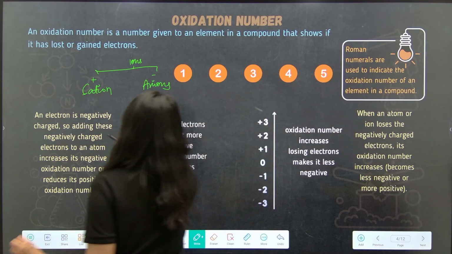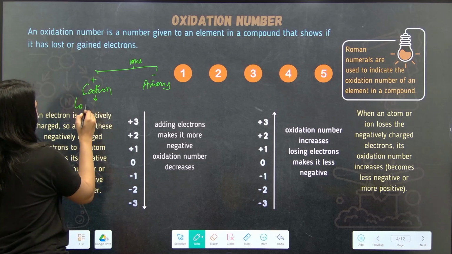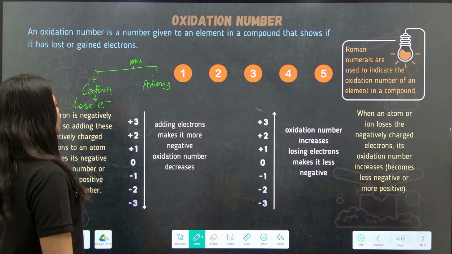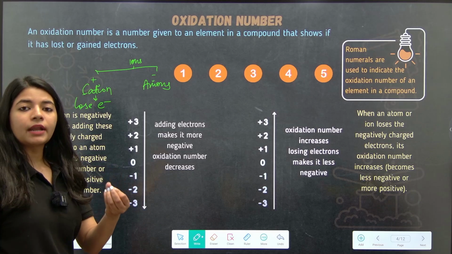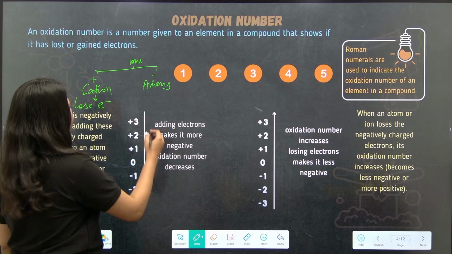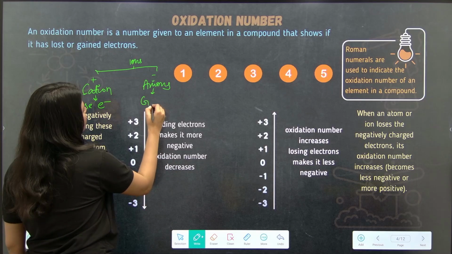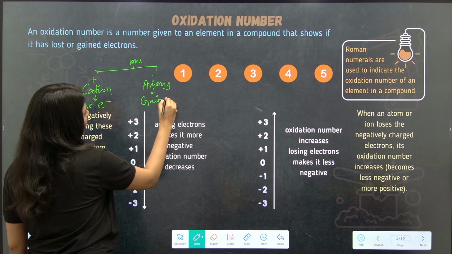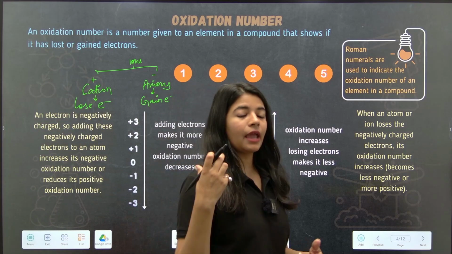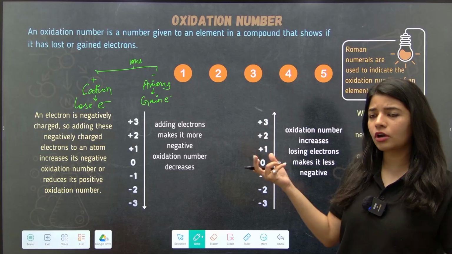For example, if they lose electrons, then they possess a positive charge, okay? So that's why we say that metals have a tendency to lose electrons and hence they are positively charged species. Whereas anions are the ones which gain electrons. Or I can say that non-metals have a tendency to accept electrons and hence they possess a negative charge over them,